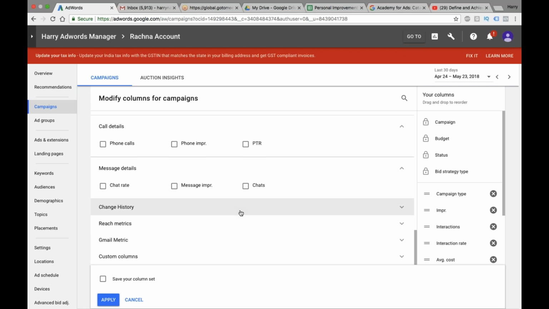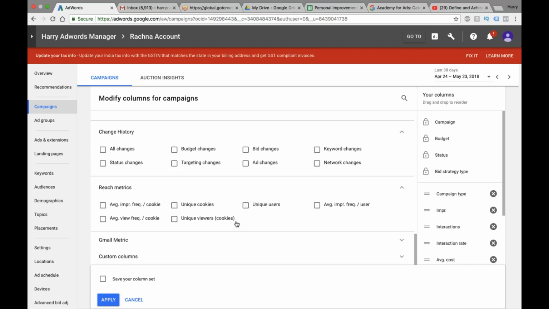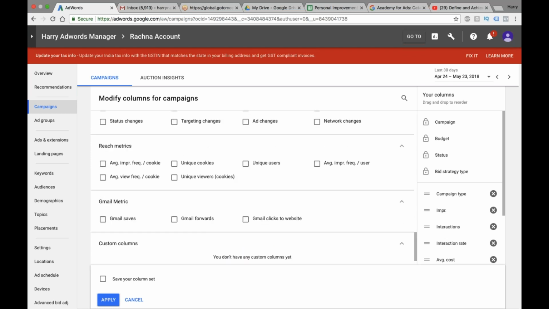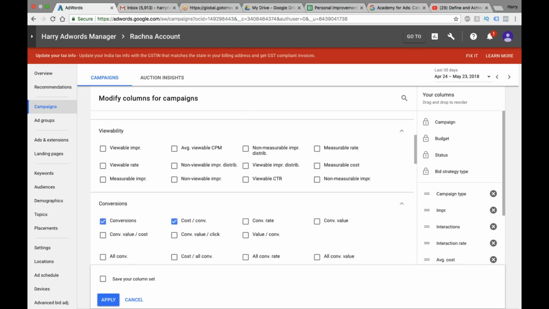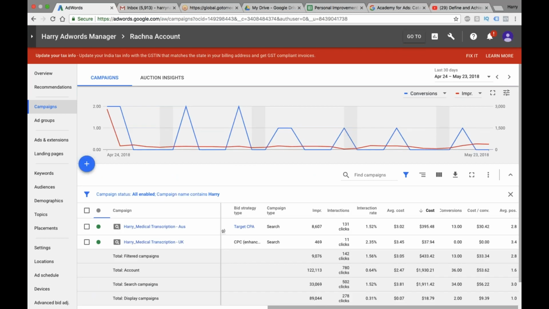And all of those things are actually available, so you get a lot of options to actually choose from. When I just expanded all of these things, you could just see how many different types of parameters are already available for you. Okay, so that you can measure your campaigns in a better way. All right. And